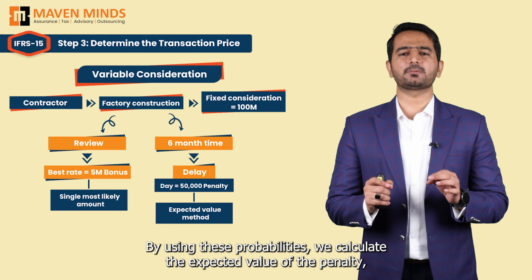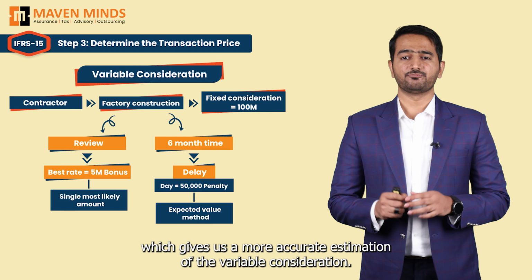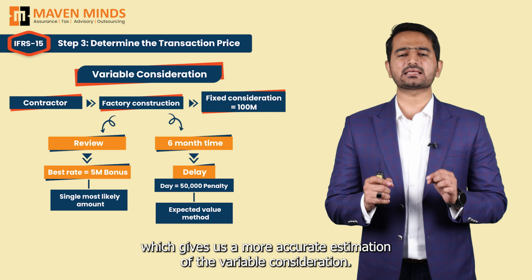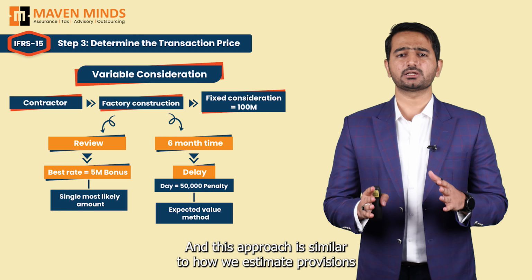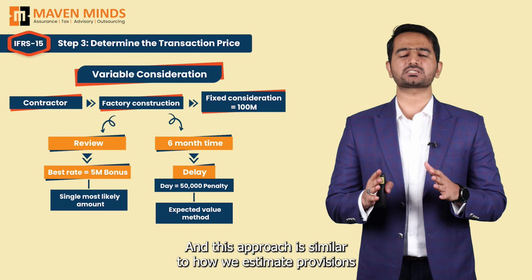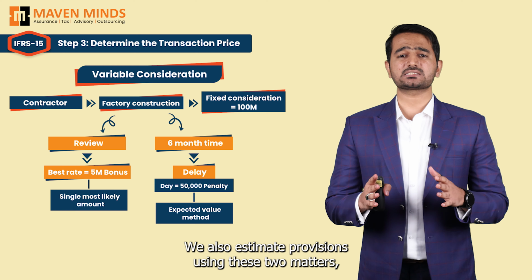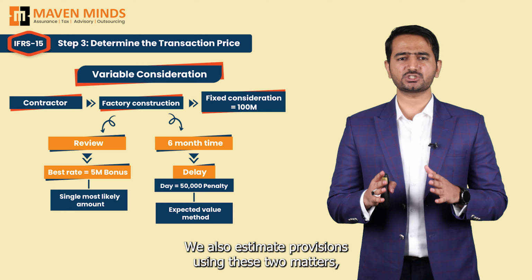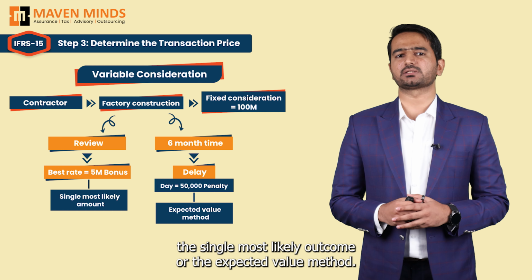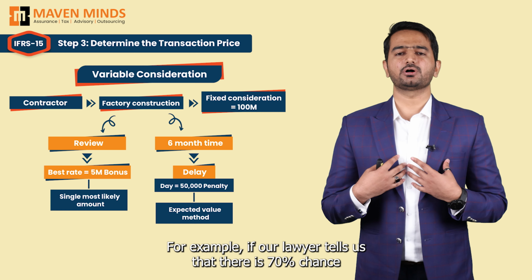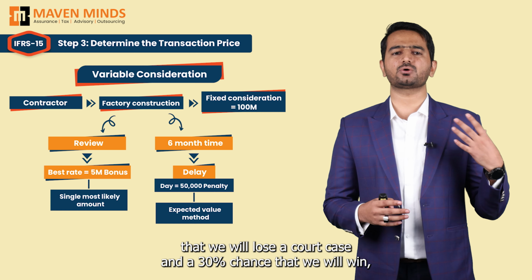By using these probabilities, we calculate the expected value of the penalty, which gives us a more accurate estimation of the variable consideration. And this approach is similar to how we estimate provisions under IAS 37. Under IAS 37, we also estimate provisions using these two methods, the single most likely outcome or the expected value method. For example, if our lawyer tells us that there is a 70% chance that we will lose a court case